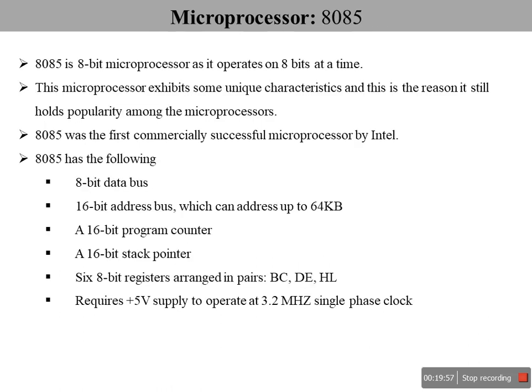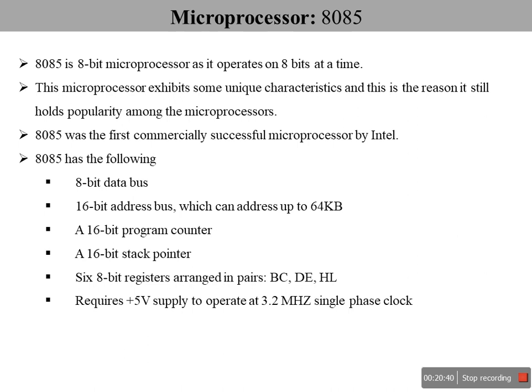Okay, now let's move to the very specific 8085. 8085 is a microprocessor. Okay, 8085 is an 8-bit microprocessor as it operates on 8 bits at a time. That is why we call it the width of a microprocessor. 8085 is an 8-bit wide microprocessor, calling it this is based on the width of the ALU inside the microprocessor, right? So the width of the ALU inside 8085 is 8 bits, and this capacity of the ALU decides the bit length of a microprocessor, and in turn decides the number of data lines for a particular microprocessor.